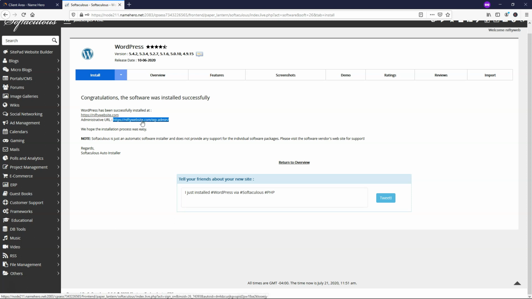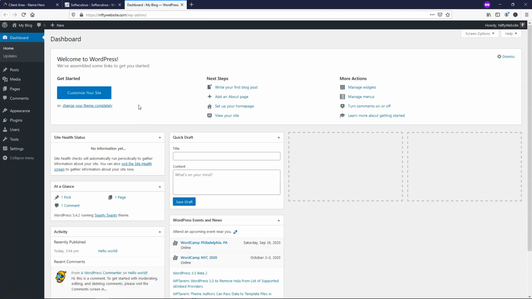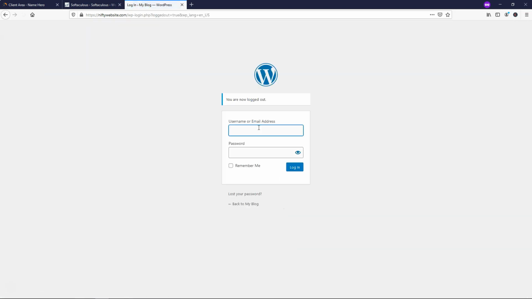So right here, we can click this. By default, the first time it's going to log us right in. So if we click on that, we can see that it logs us right into the dashboard. Now this might be the most important area within our website. It's basically the back end or the dashboard of our website, as you see right here. I'm going to go up here and just log out and show you what it looks like. So right here, if we go in the upper right corner and click log out, we're going to be brought to this page,